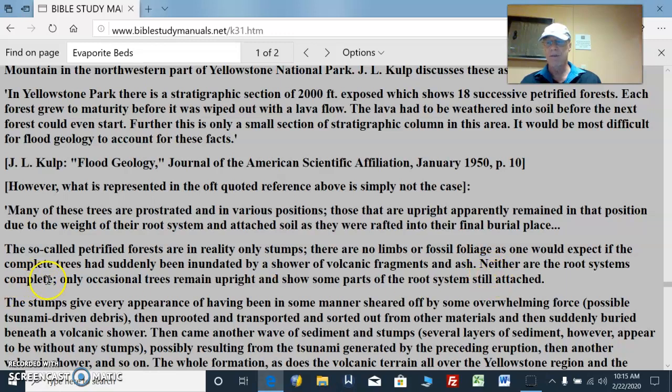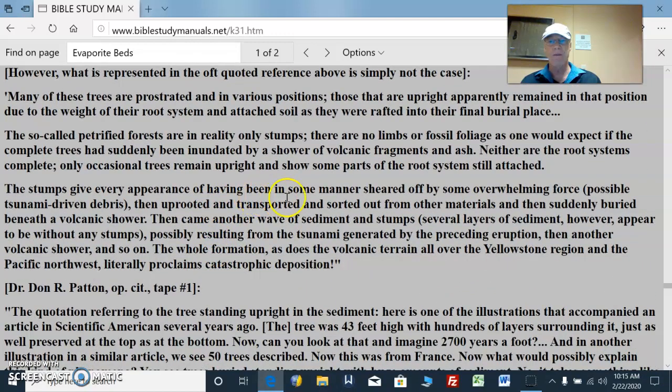Neither are the root systems complete. Only occasional trees remain upright and show some parts of the root system still attached. The stumps give every appearance of having been in some manner sheared off by some overwhelming force, possibly tsunami-driven debris, then uprooted and transported and sorted out from other materials, and then suddenly buried beneath a volcanic shower. Then came another wave of sediment and stumps. Several layers of sediment, however, appear to be without any stumps, possibly resulting from a tsunami generated by the preceding eruption, then another volcanic shower, and so on. The whole formation, as does the volcanic terrain all over the Yellowstone region and the Pacific Northwest, literally